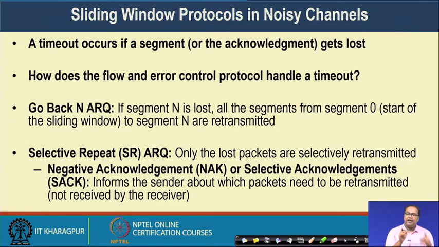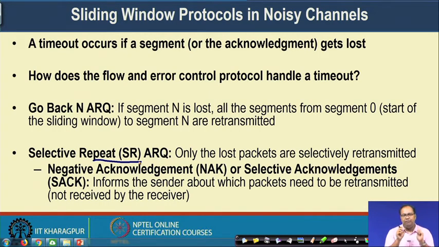In case of the second methodology, which is called the selective repeat ARQ, you only send the lost packet, or you selectively retransmit the packet which has been lost in the channel. Now, whenever we say that you need to selectively transmit the lost packet, which has not been received by the receiver, or the corresponding acknowledgement has been lost and the sender has not received that acknowledgement, then obviously there